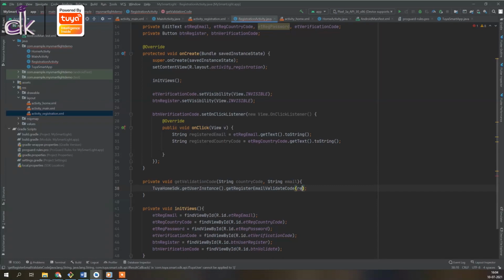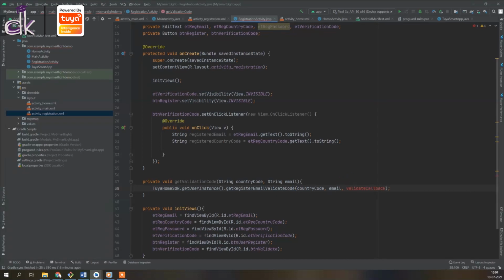All right. So first thing is country code. So let's add the country code, then the email, and finally we'll need to create a callback for the result. So I'll just call it as validate callback.